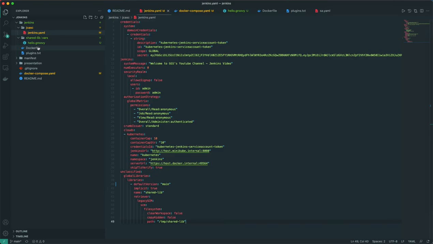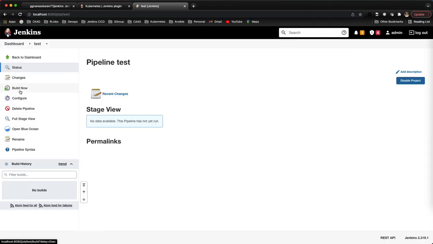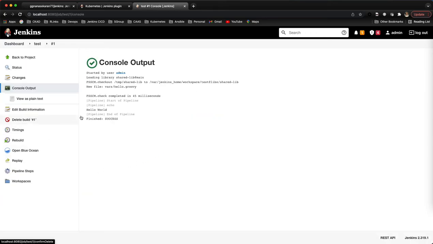Whatever the file name is, Jenkins will understand it as the function name. That's how the Jenkins shared library is designed. Let's save this and build. It is a success, and if you see, inside the function I said hello world, and that is printing.